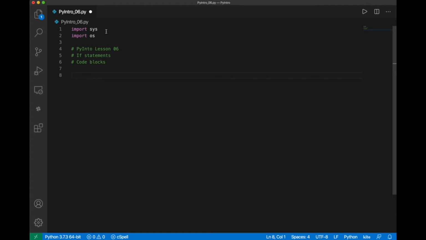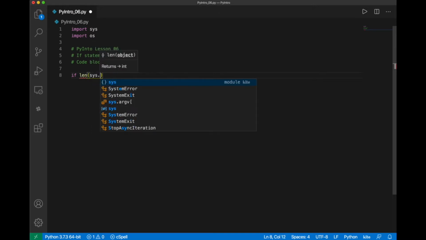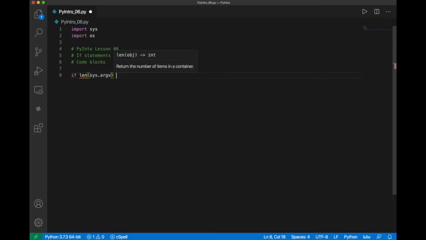So I'm going to say we've got sys imported already. I'm going to say if the length of sys.argv is less than some value. Well, if we want two parameters, the length has to be at least 3, and so pass. So what this says is, hey, if there's not 3 things on the command line, meaning the file we're running and then 2 parameters after that, then we should probably print